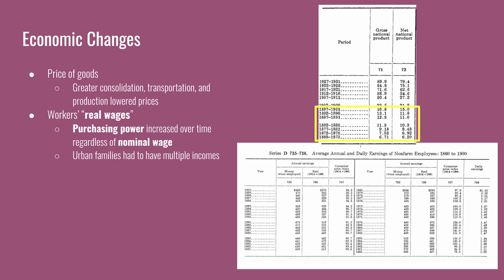The top table of U.S. economic data shows that throughout the late 19th century, the gross national product of the United States continued to grow from 1869 to 1897. There was almost a tripling of the gross national product, and workers' real wages increased as